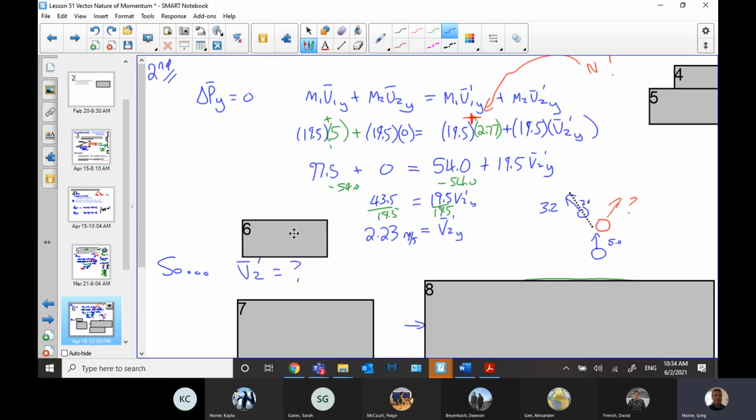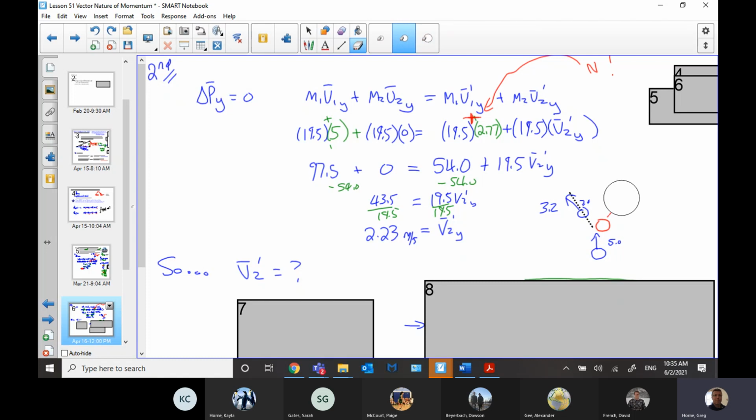And so basically, now we're going to actually look for V2 prime. If you expand this thing, maybe I'll draw this a little bigger. So this V2 prime has a y component we just calculated there, so I'm going to show the y component here. So this is v2y prime equal to 2.23, and we had previously calculated the v2x prime